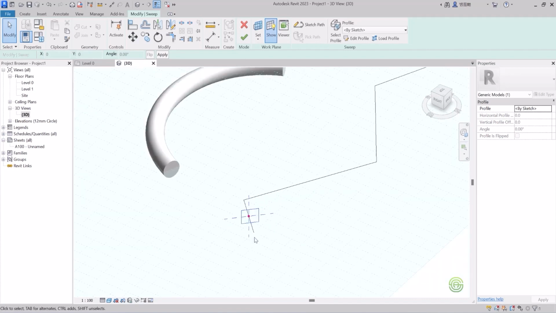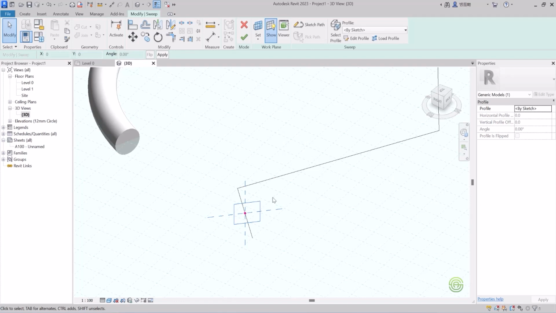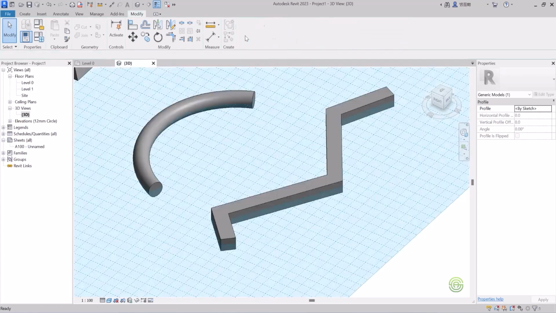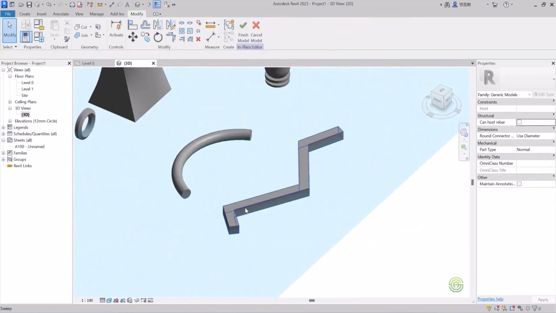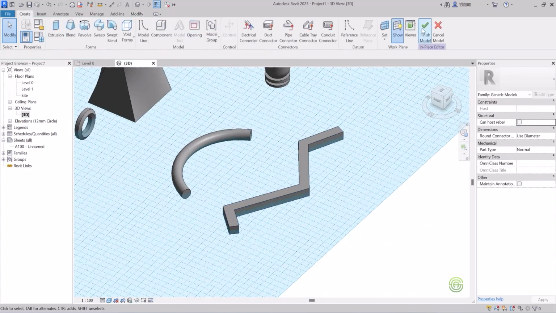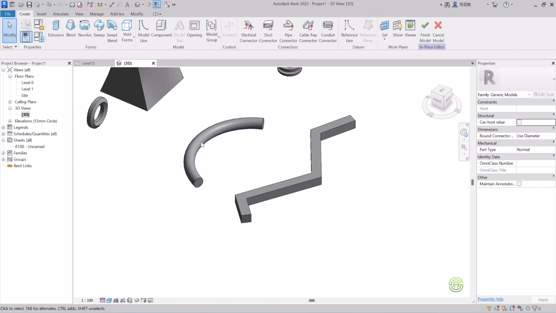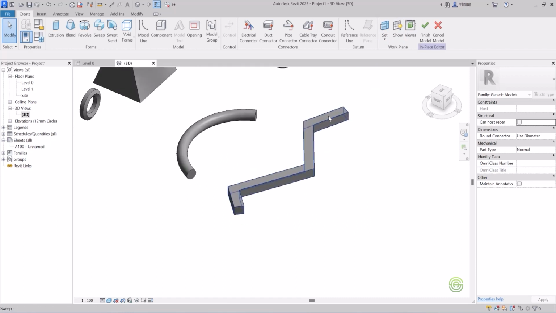Once I give a green tick, now I can see my path as well as my profile. After seeing both, to apply the sweep command over this path, I have to again click on the green tick. So like this, you can see. Now turn off the work plane. Now you can see using an arc I have created one sweep, and using a line, a zigzag line, I've